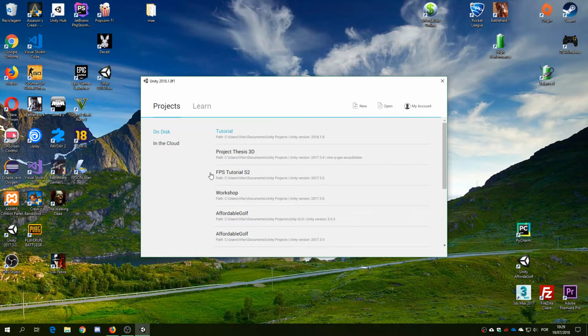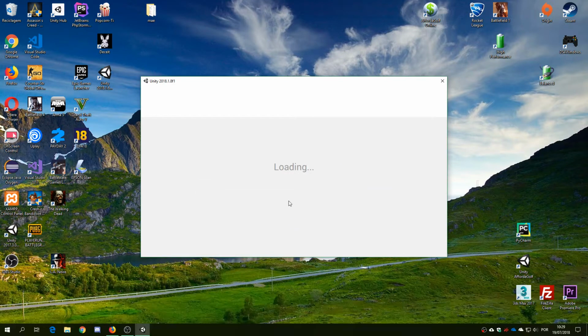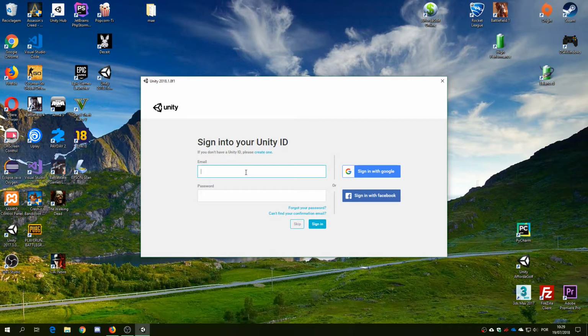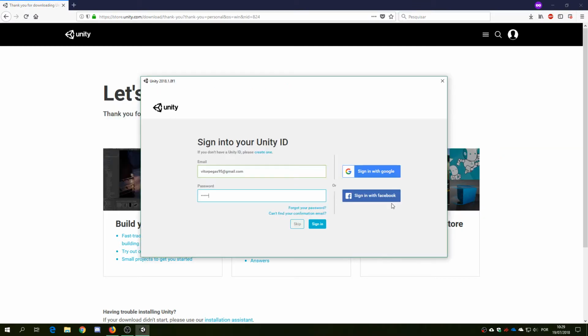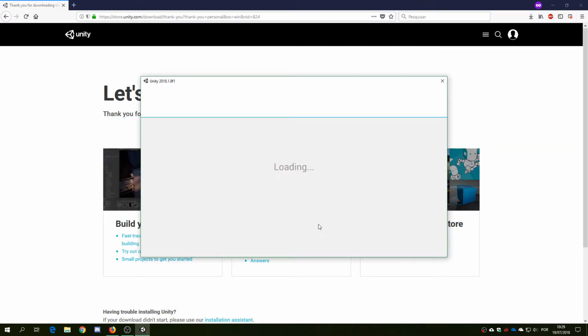and you'll be presented with a window like this one. Probably not this one, because you will have to log in first. So let me just sign out, and you'll be presented with this one. So you just need to sign yourself here, put your account, or sign in with Facebook or Google. If you don't have an account, create one here, create a Unity ID, okay? So I'm going to sign in,